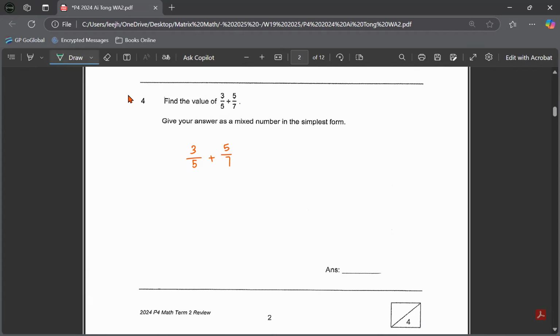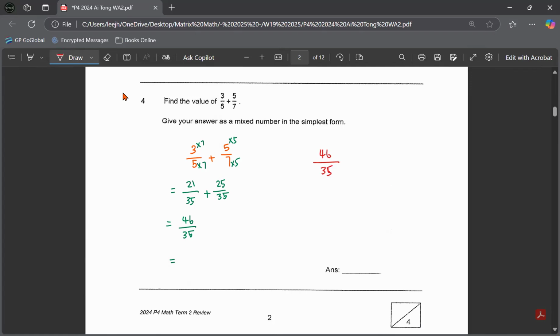5 and 7, the lowest common multiple is 35. So this times 7, this will times 5. When we convert, it will become 21 over 35 plus 25 over 35. It would be 46 over 35. So you know this is improper. So 46 over 35, in order to change it to a mixed number,